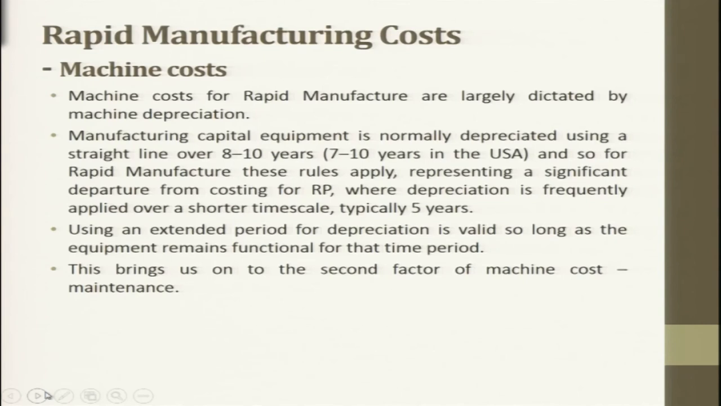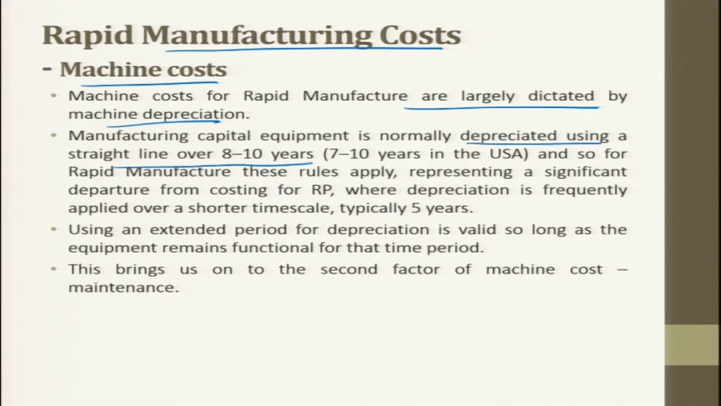Rapid manufacturing costs. The first cost in rapid manufacturing we can call the machine cost. Machine cost is the equipment cost. Machine costs for rapid manufacturing are largely dictated by machine depreciation. Manufacturing capital equipment is normally depreciated using a straight line over 8 to 10 years, 7 to 10 years in the US, and so far in rapid manufacturing also